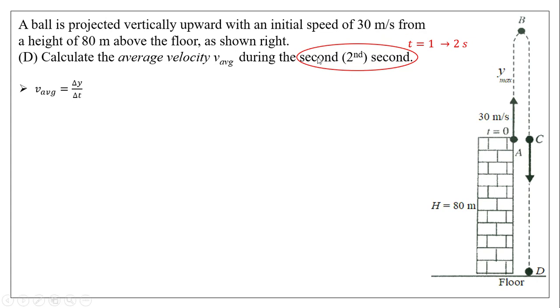Okay. Common mistake is that folks would put 2 seconds here, and I'm like, it's not. It's just during the second, suggesting that it starts at 1 and it ends at 2 seconds. So that's important. All right, so therefore we know our change in time here is simply just 1 second because 2 minus 1 is 1, okay? So I just went ahead and replaced my change in time for 1